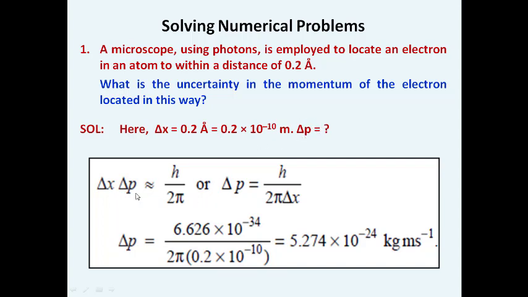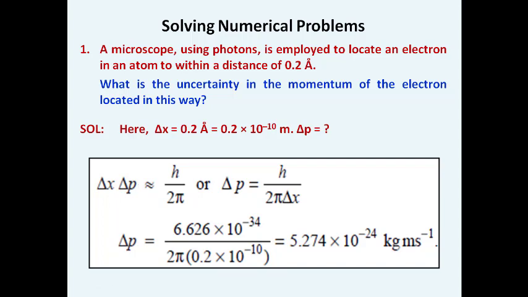So in most cases, while applying Heisenberg's uncertainty principle, it is on the safer side to work with h by 2 pi, because most of the experimental analysis confirms with the data that the product of the uncertainty in position and momentum will be greater than or equal to h by 2 pi only, or you say h cross.